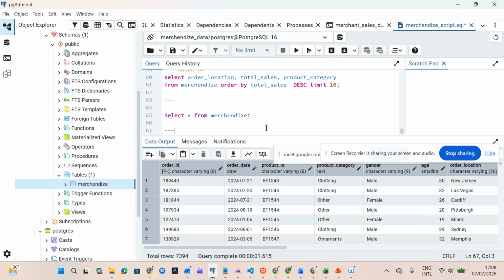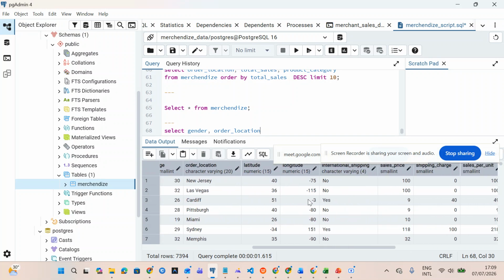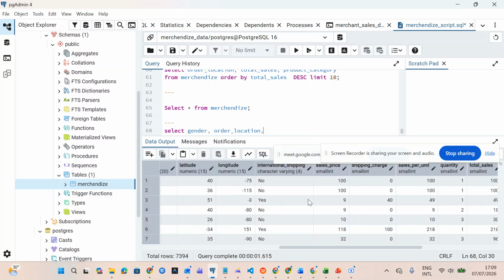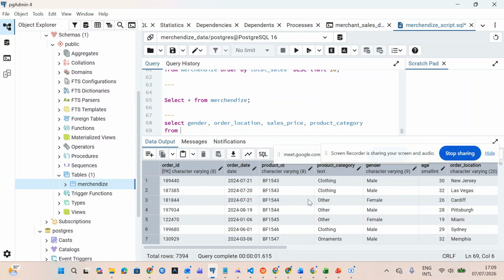Let's say I want to look at something around that: select gender, comma, order location, sales price, product category, from merchandise, where